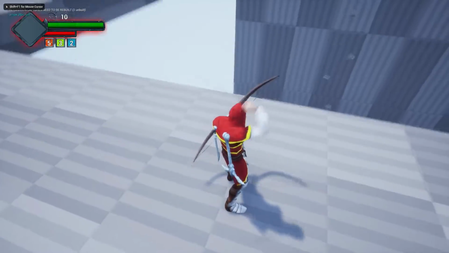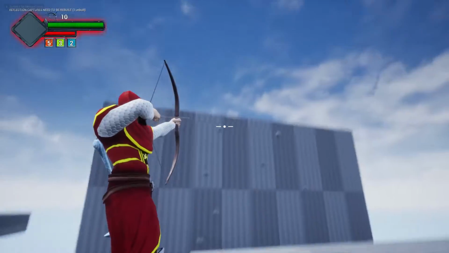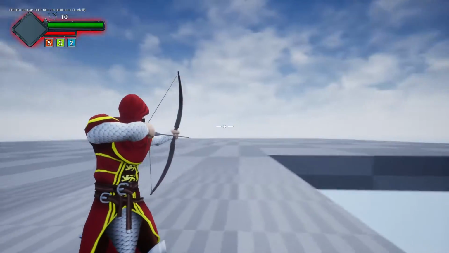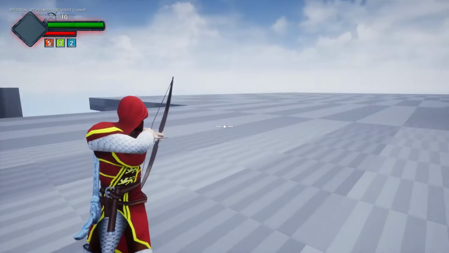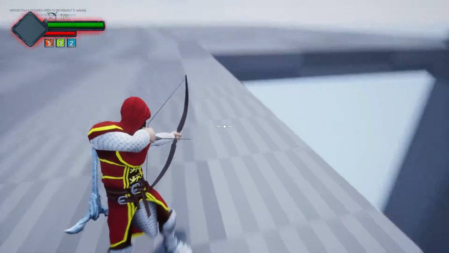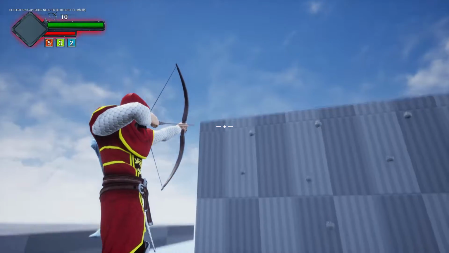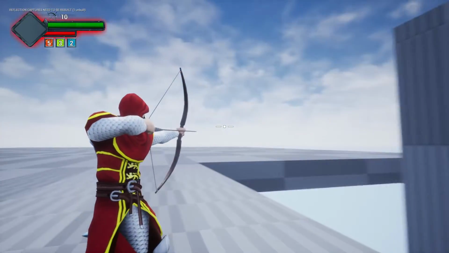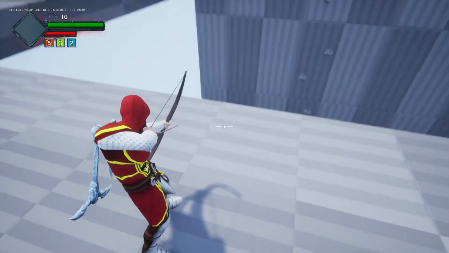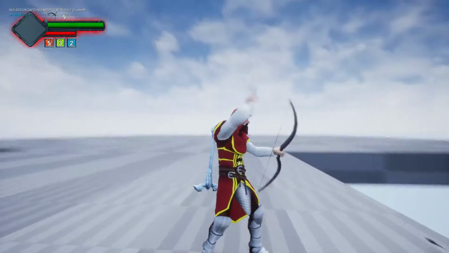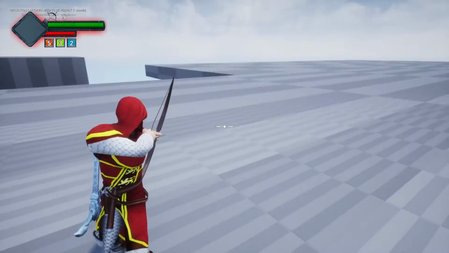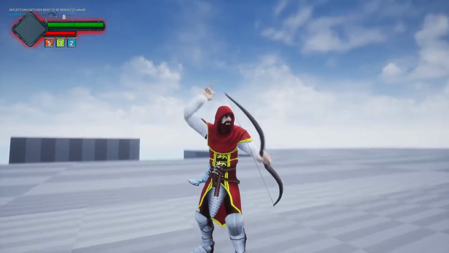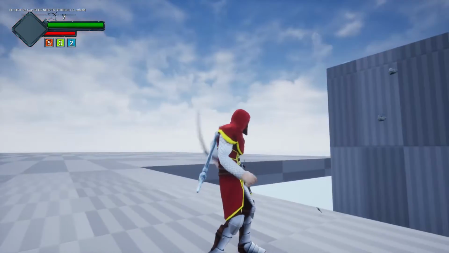Hello everyone. So today in our bow and arrow system I am going to work on look left and look right, and how to add those inputs to the aim offset asset that we have developed and how to integrate those values with the animation blueprint. So we can look left, right, up, down like this, and we can shoot the arrow. So yeah, those are the things I'm going to do today,